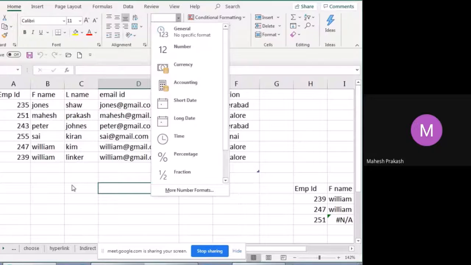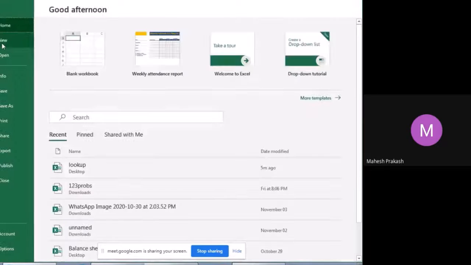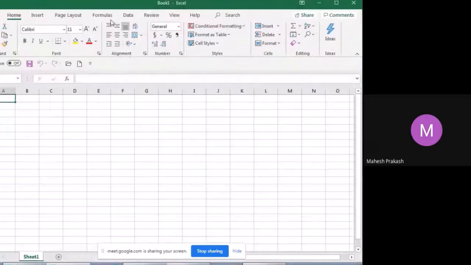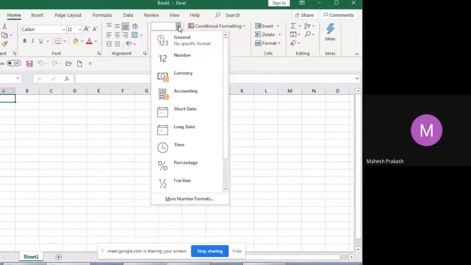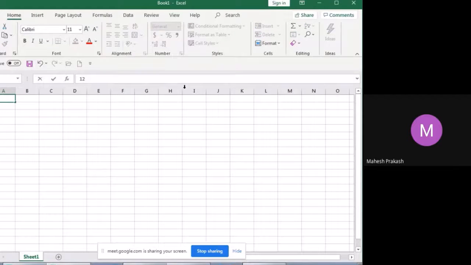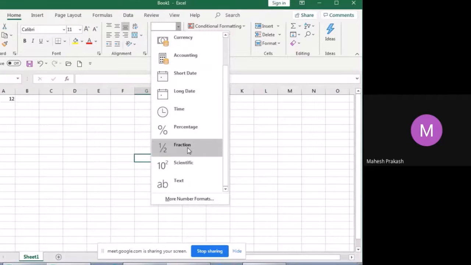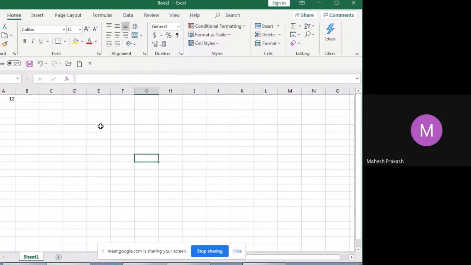Numbers are nothing but making things in alphabetical order, or else if you want short date or something like that, I'll give an example. So when you click on numbers, imagine in this way. It will give you decimal places as well. If you don't want decimal places, just select this and click on General. It will become back to normal. And all these currencies depend upon the number you're using.